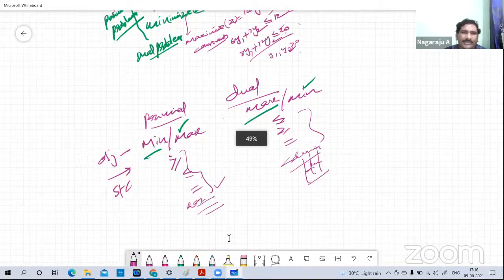100 and 120. So here we are taking W1 and W2: 100 W1 plus 120 W2. We are able to see a minimum. The minimization Z is converted to the maximization Z. Then x1 plus 8x2 becomes 6x1 plus 7x2 now. So 6W1 plus